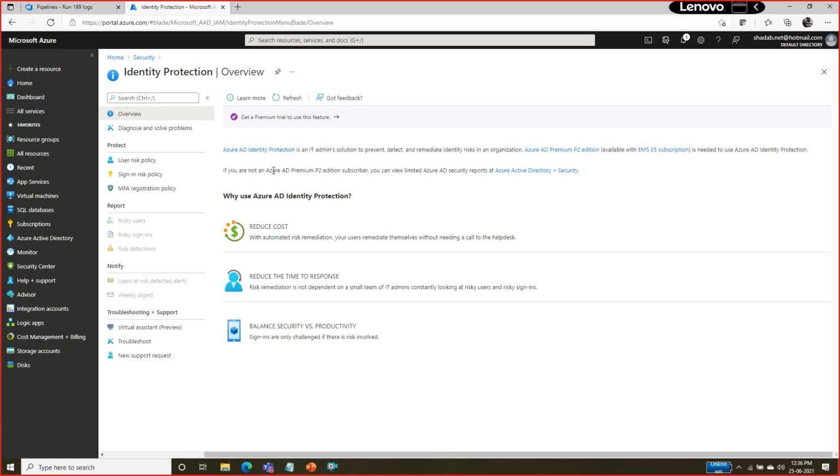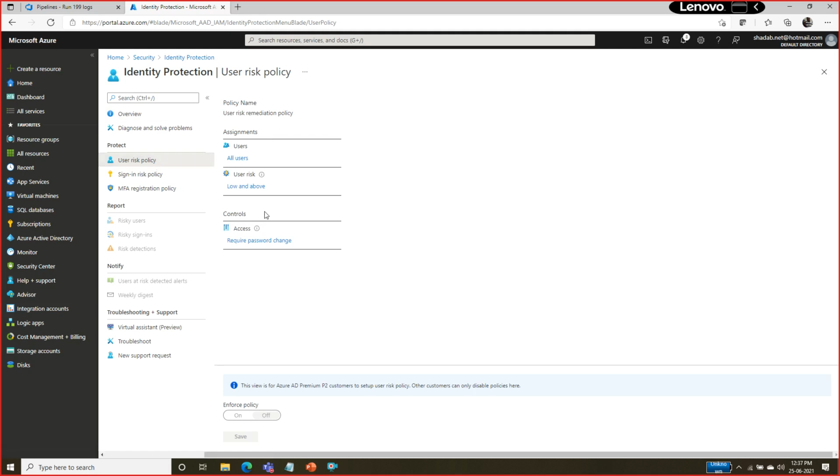Identity protection is going to identify risk. You should have Azure AD P2 licenses to implement this feature. So you have to assign a user with the Azure Active Directory P2 license. If you assign Azure Active Directory P2 licenses, he will be able to set multi-factor authentication. He will be able to reset his password on his own. We are going to set something called a risky user policy. So we can go ahead and set the risky policy if this user is going to access our data from a particular location, or whatever kind of policy you are going to assign.